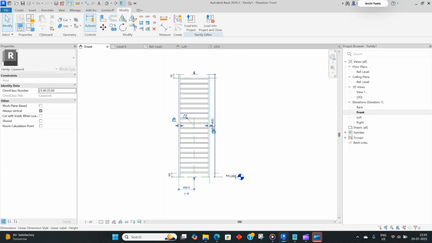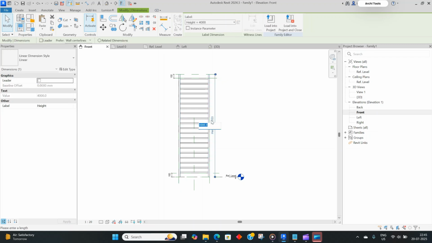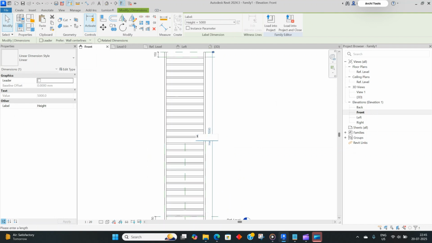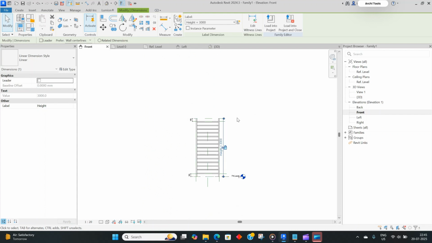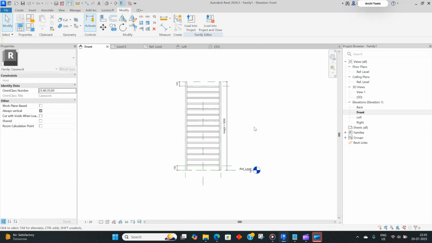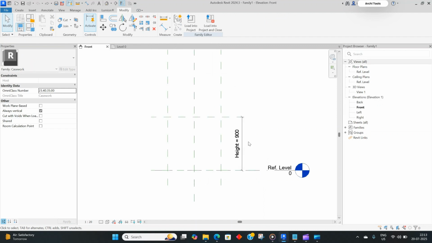In today's tutorial, I'll teach you how we can make array parameters, and using this array parameter, we can create different families like a parametric ladder family, a baluster set, or anything which is in repetition. So to understand this array parameter, I'm going to make a family of parametric ladder. To start with,